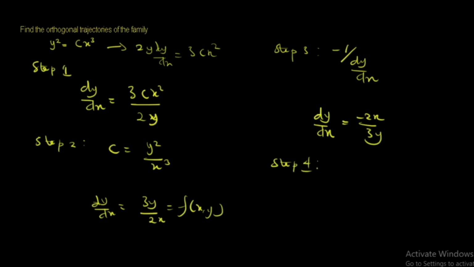With step 4, what you do now is solve the first order differential equation. With this, you know that we can use separable, as very simple as that. So for separable, this will go here, this will go here. You're going to get the integral of 3y dy is equal to negative the integral of 2x dx. And when you do that correctly, you're going to get 3 over 2 y squared plus x squared is equal to C1. And this becomes the family of the orthogonal trajectory of the family y squared is equal to cx cubed. So this is how